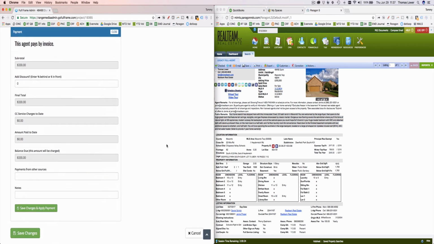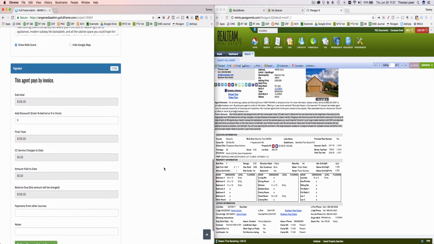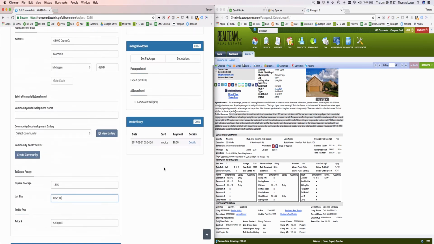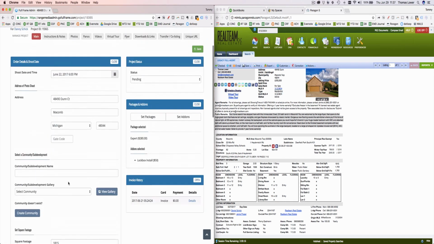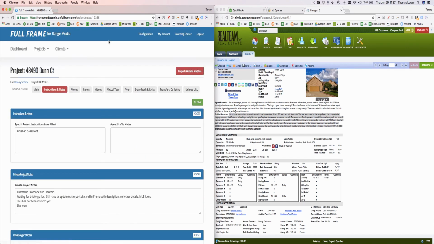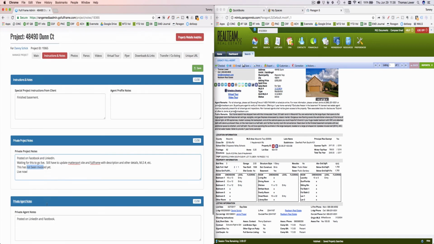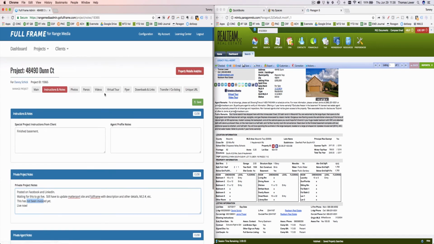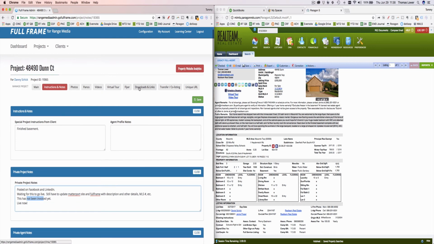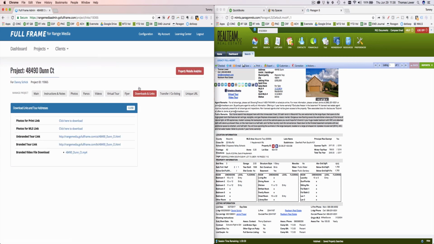And I'm going to update the property description and all other information. So basically I'm just going through and making sure all this info is correct. And it is. Next thing I want to do is look at the notes. This one has already been posted on Facebook and LinkedIn. It is live now. And I just go here to see if there's anything that I need to pay attention to. Now, I want to go to downloads and links because this is really where I'm going to get my